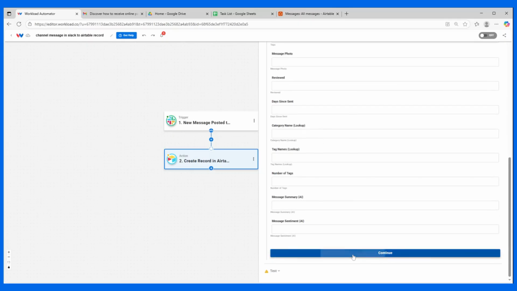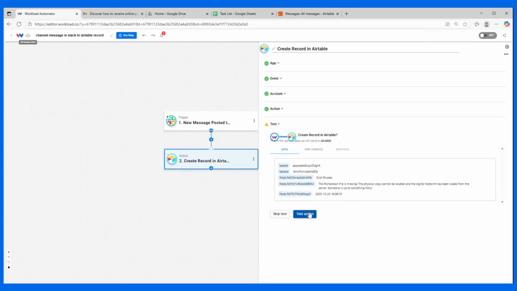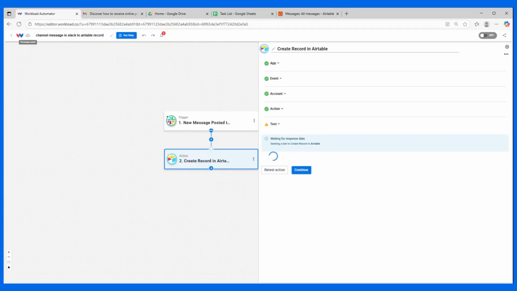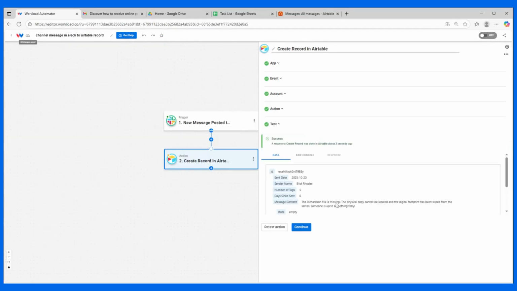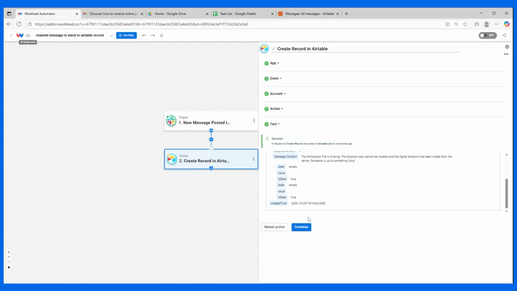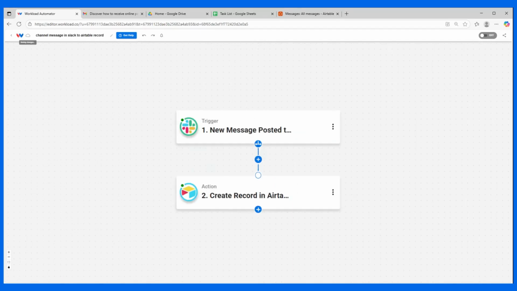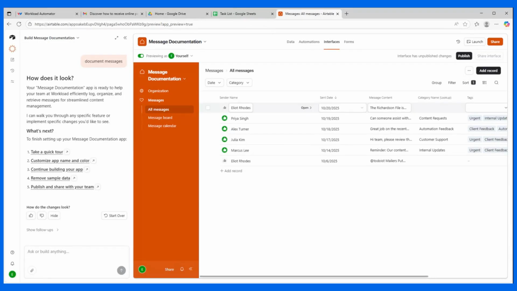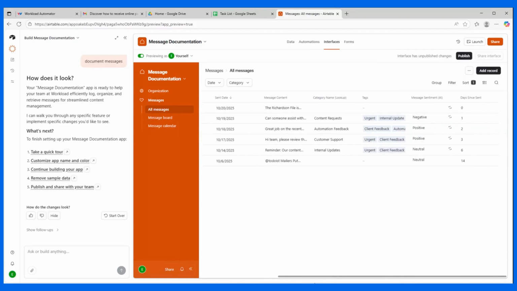So I'm going to scroll down to the bottom. I'm going to click continue and test the action. We have a success. So I can click continue here, and then I can check Airtable. And this new message was just added here with the name of the sender, the date, the message content,